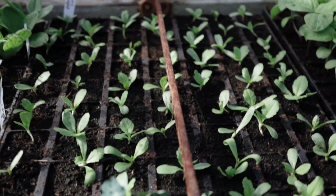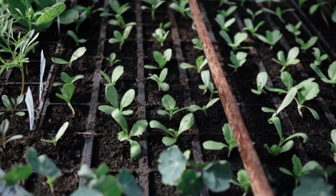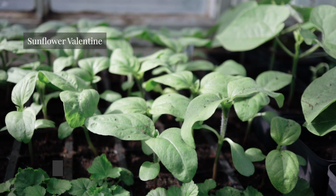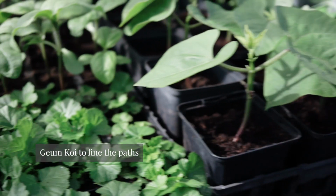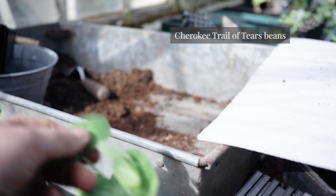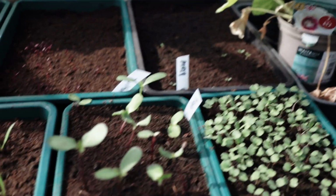Then the back of this tray is scabious black knight, which is very good for eco printing, botanical printing, and some rather lovely ladybird nasturtiums, and then Valentine sunflowers, and this is a geum, a nice orange geum. These are Cherokee Trail of Tears beans, which I got from the Glasgow Seed Library, and some peas that I saved from here. I have mustard, spinach, these are hoppy